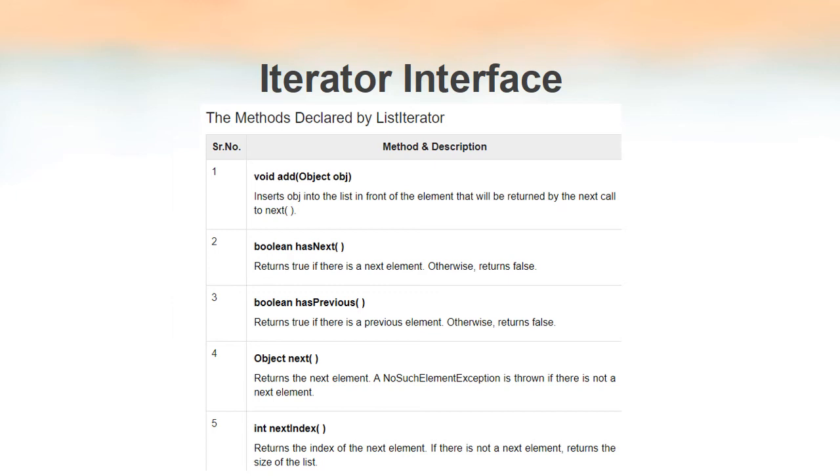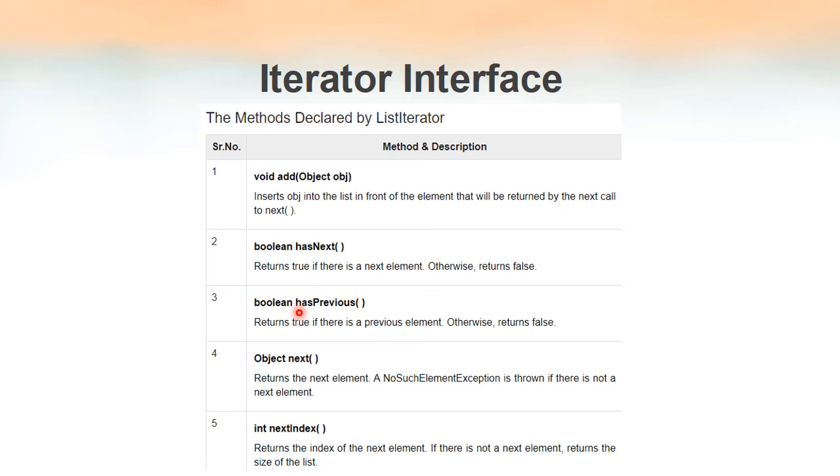As you can see, the methods hasNext and next are also there inside the iterator interface. The additional methods are the add method, because by using iterator it's not possible to modify or add new elements in the existing collection, but by using the list iterator interface we can add new elements into the collection.